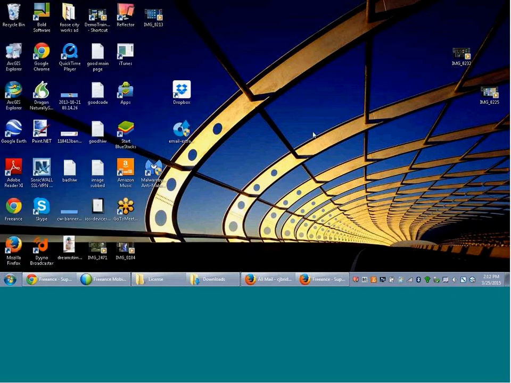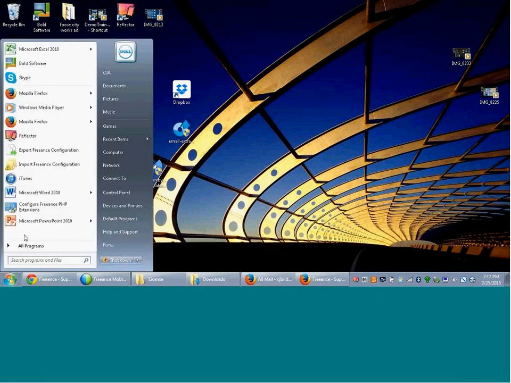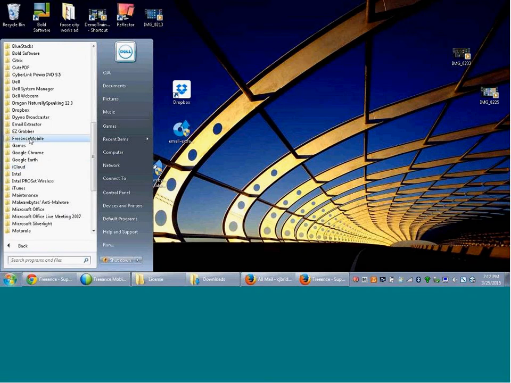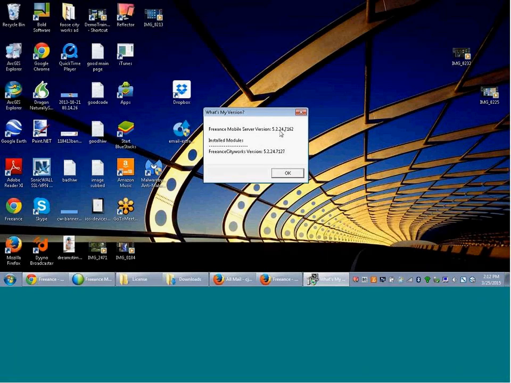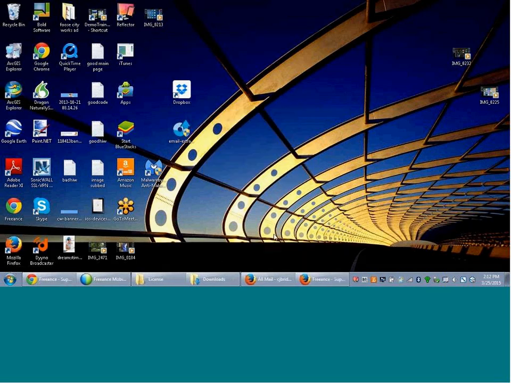Well, let's go in and upload those first, run those executables, those upgrade executables, because I can see in my Freeance another utility here. What version do I have? I don't have 5.3 on this. I've got 5.2.24. So, let's go ahead and run